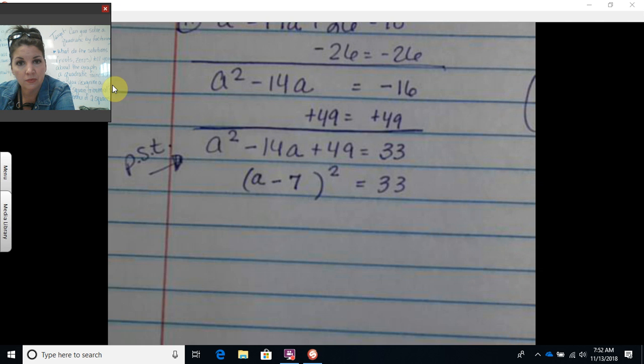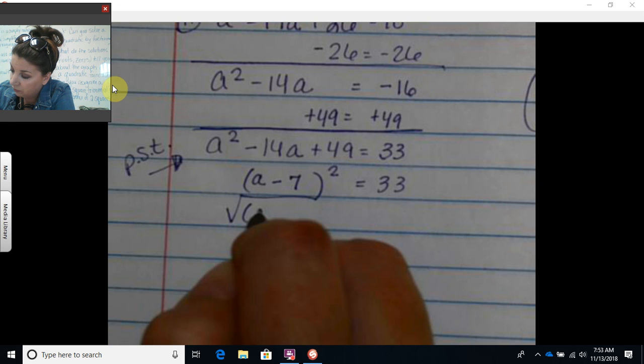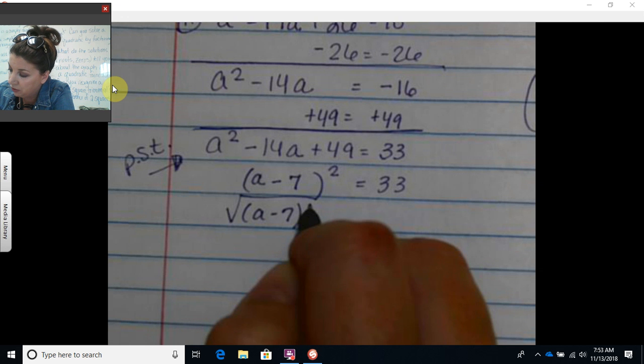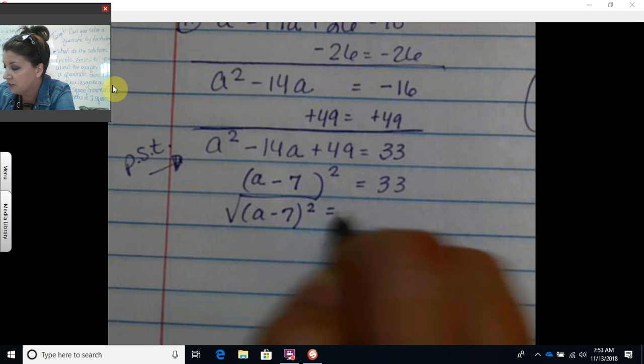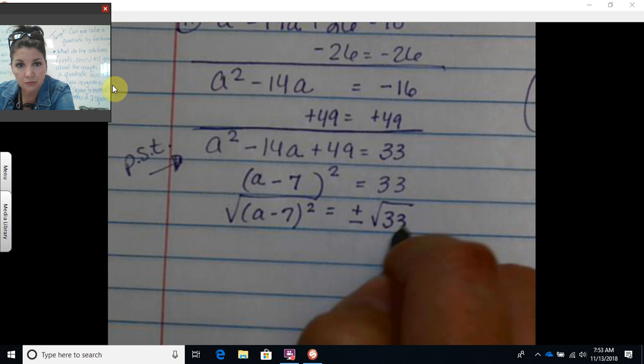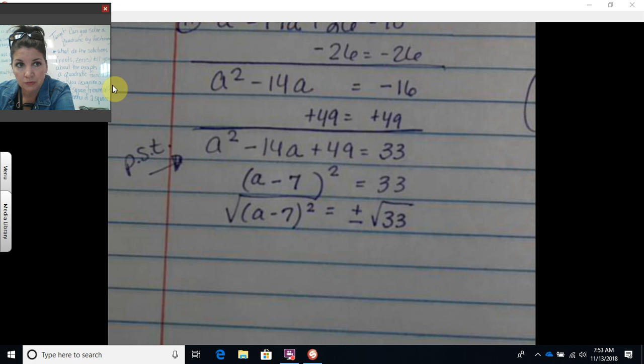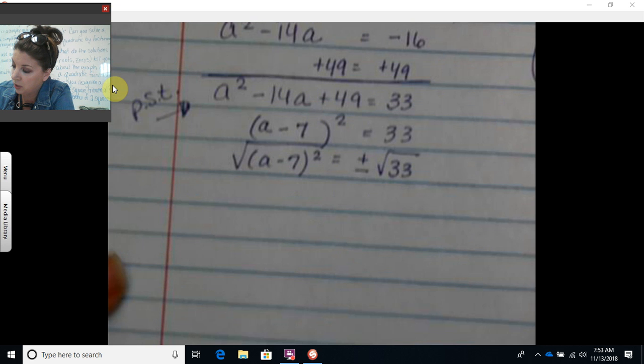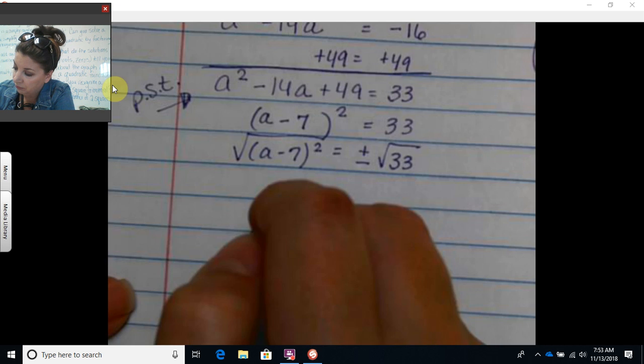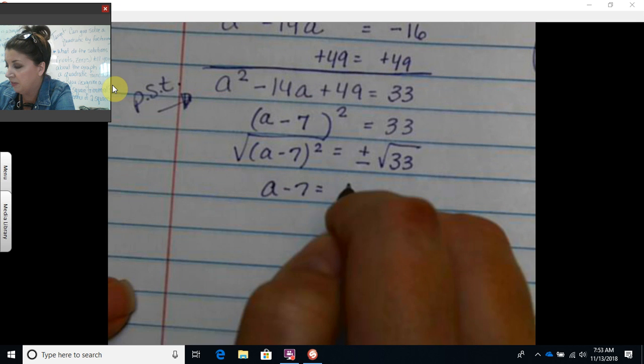So our whole goal is to solve for a. a is inside parentheses, it's being squared. To undo that, the inverse of squaring something is taking the square root. And what we do to one side, we have to do to the other side. We take the positive and negative square root. What's the square root of a minus 7, quantity squared? a minus 7 equals positive or negative